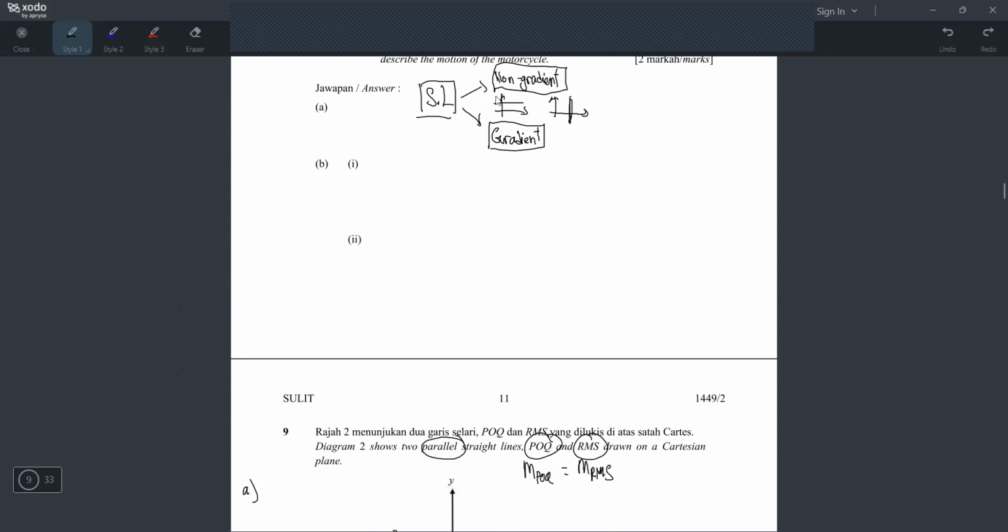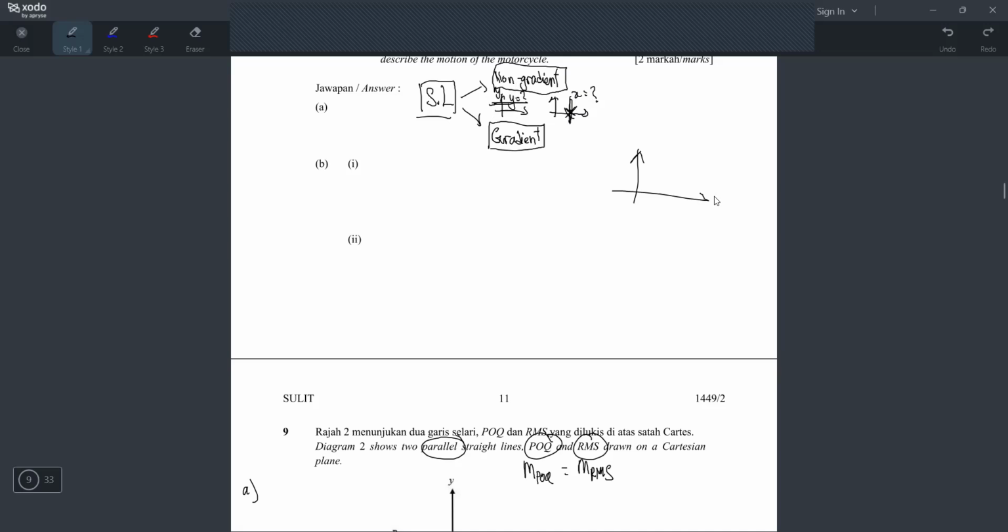Okay, if the line is like this, the equation will be y equals number. And then this one will be x equals number. And the number depends on where dia potong x-axis lah. Kalau dia macam ni, depend lah. Kalau dia potong dekat 3, then x equals 3 lah. Kalau dia potong x-axis dekat 5, then x equals 5 lah. Sama dengan yang ni. Yang ni dia potong y-axis, nampak tak? Tapi dia potong y-axis dekat mana? Okay, contoh dia potong dekat 7. So the equation y equals 7, macam tu. Okay, kalau dia potong dekat -1, y sama dengan -1, macam tu.